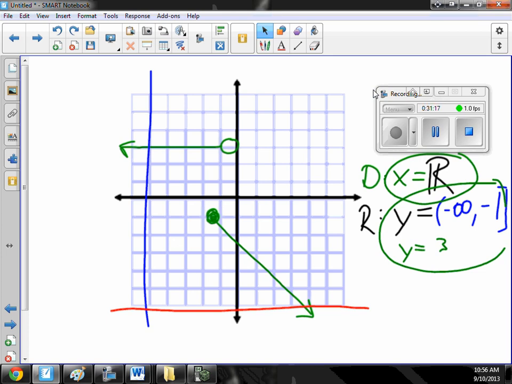Okay, your assignment tonight is to finish this worksheet. Good luck. You have about 10 minutes to work on it in class. If you need